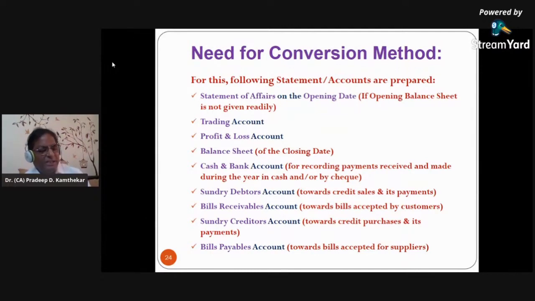And finally, we have bills payable account. It is exactly opposite to bills receivable. As we have to pay to creditors, and suppose creditors, our suppliers, are in need of money, then they will approach us, they will prepare a bill, they will ask us to accept, and we will return that bill after accepting. For us, that bill will be bills payable. So here we have a bills payable account where, when we accept these bills, and after that how these bills are honored, etc., that entire accounting we do in the bills payable account.